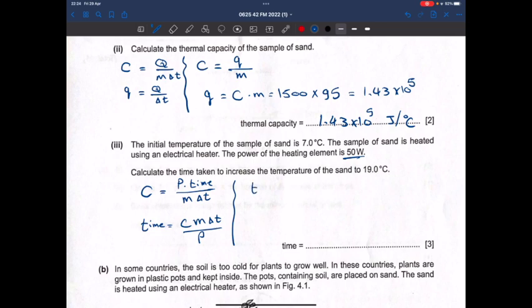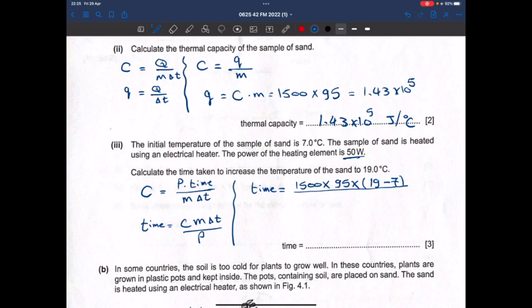It means the specific heat capacity was 1500, times the mass we just calculated, 95, times the change in temperature, it becomes 19 after it was 7. When you use the calculator, make sure that you put the brackets to keep the priority for what's inside the bracket. Divided by